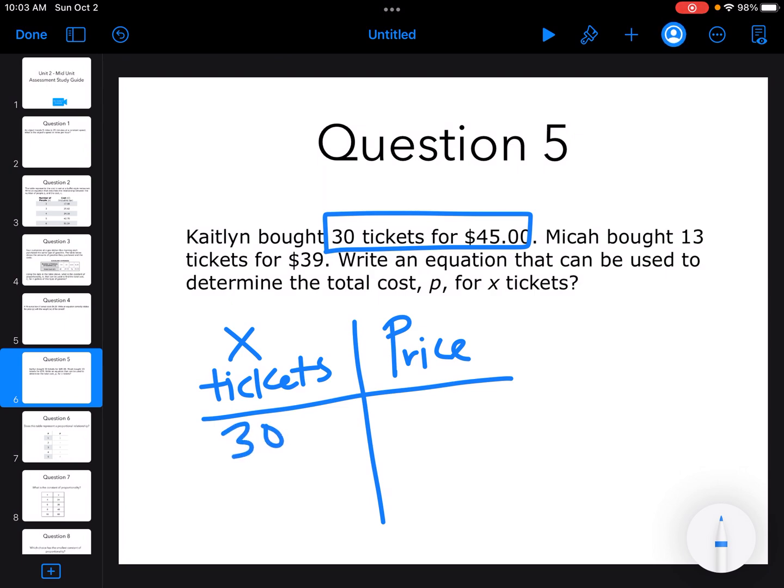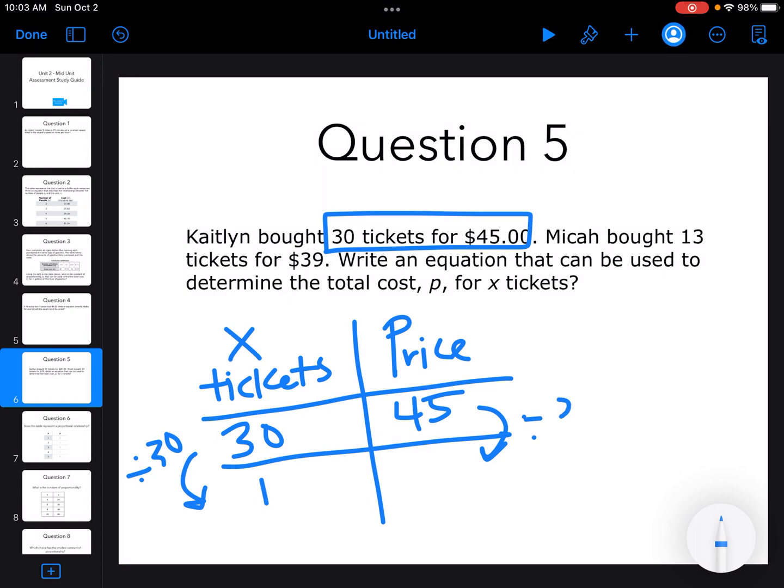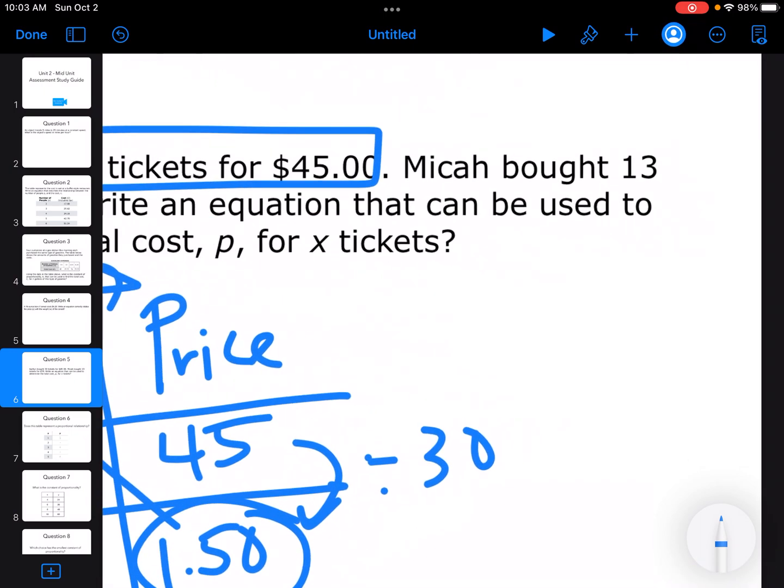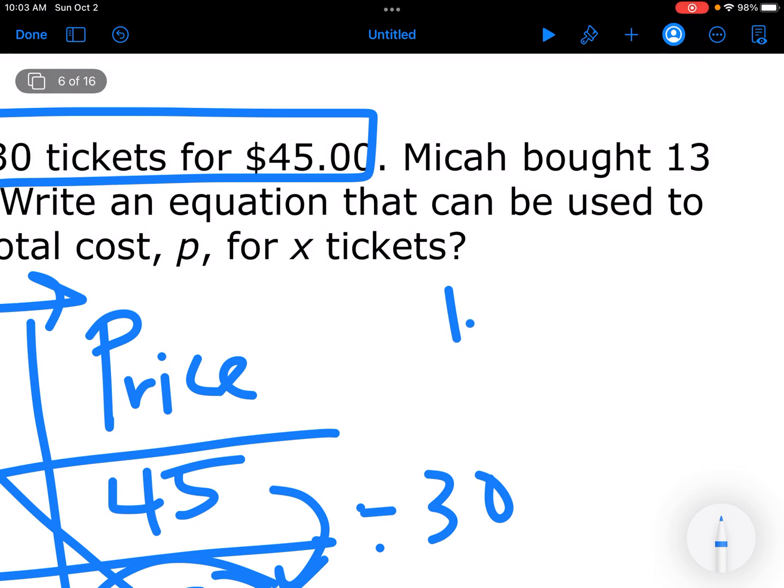So 30 for $45. And I want to find for 1 ticket. So I'm going to divide by 30. So 45 divided by 30, I get $1.50. So 1.50 times the tickets gives me the price. So 1.5x equals P